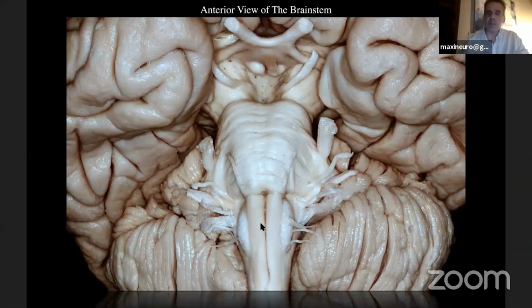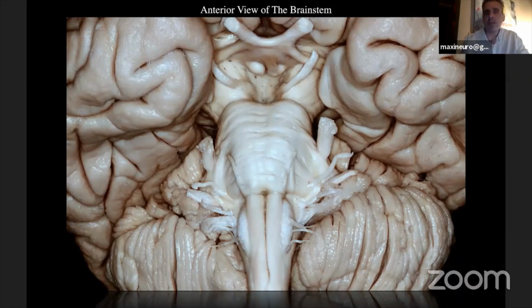Obviously, the most important fibers in the ventral portion, in my opinion, to preserve is the corticospinal fibers tract, like everybody knows. The corticospinal fibers tract is a very important, not just landmark, obviously, it is a very important functional pathway. For this reason, I want to share with all of you one picture